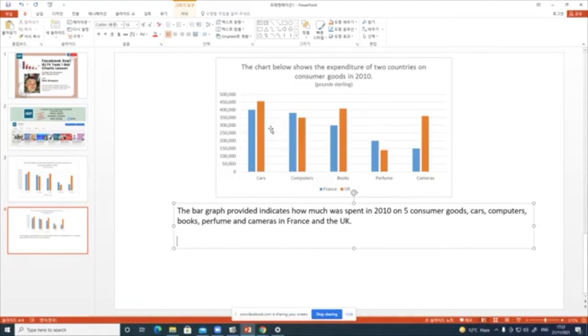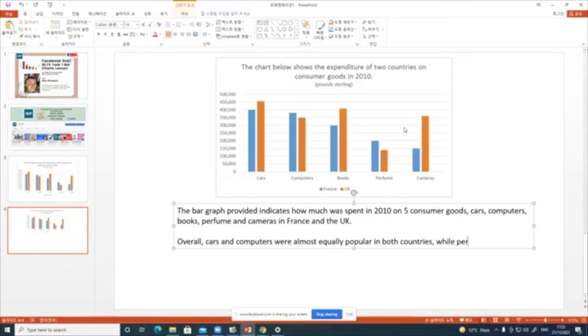Overall, something like overall cars and computers were popular in both countries, while perfume and cameras were less popular. So an overall statement, something like that. So overall, cars and computers were almost equally. So my spelling's terrible. Popular in both countries,